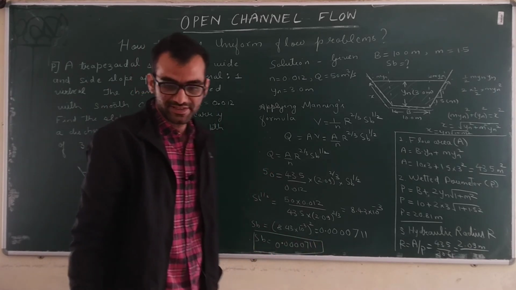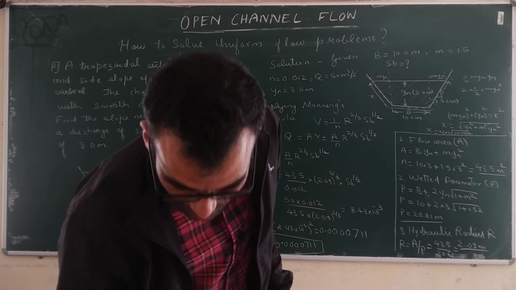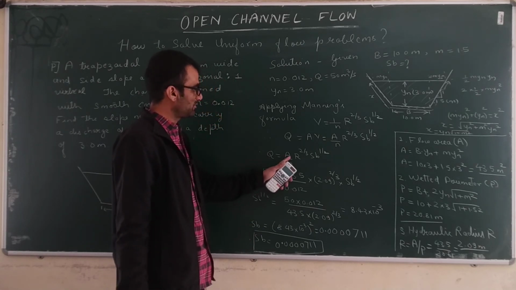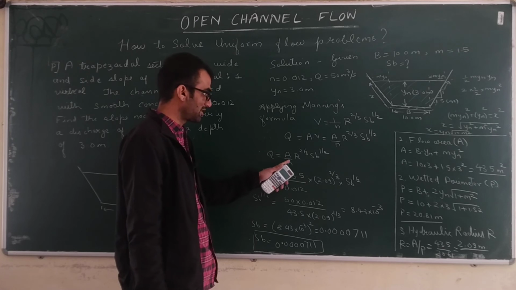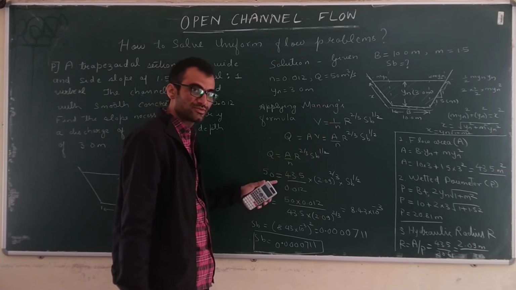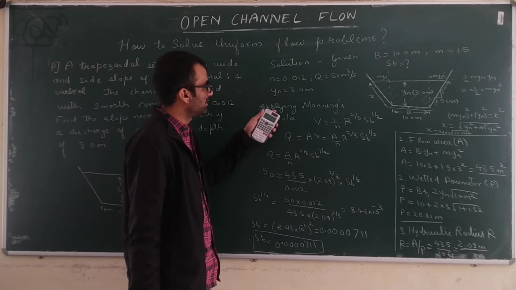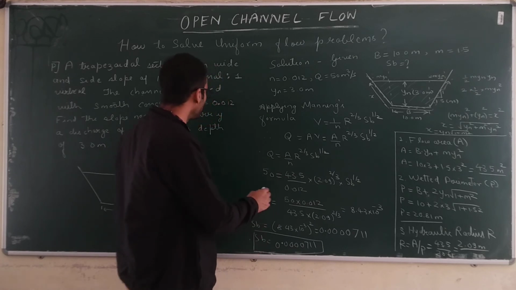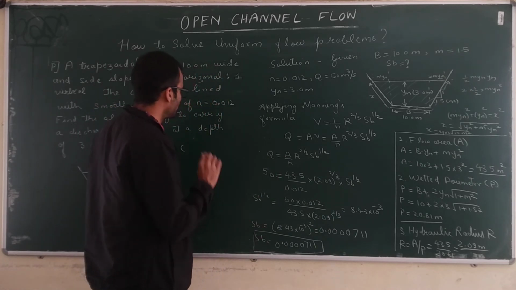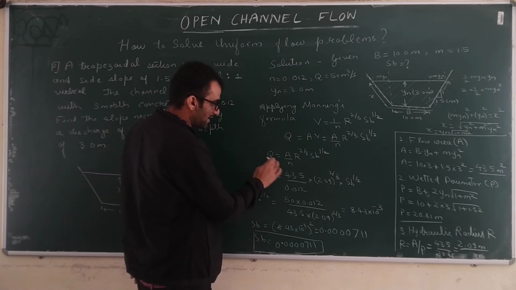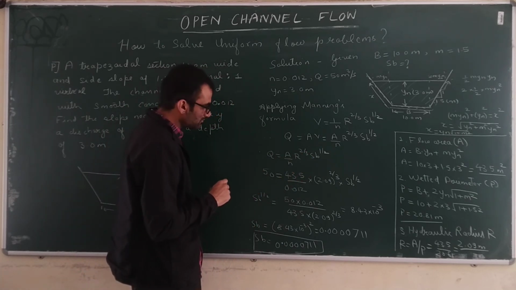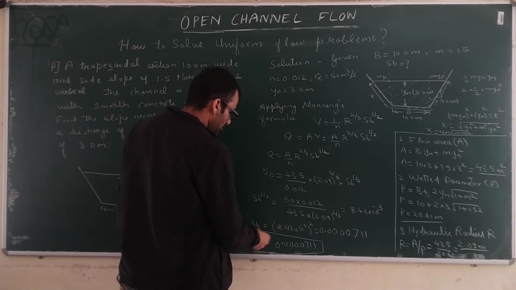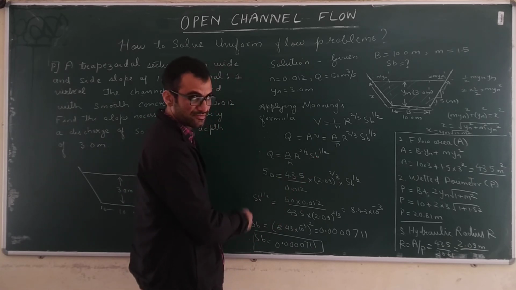Okay, I will check the answer. Okay, the answer is correct. So in this way we can simply calculate area, hydraulic radius, etc. from the given data and just put the values in this uniform flow formula. The uniform flow formula that we used was the Manning's formula. You can also use Chezy's formula if we get a Chezy's constant. So you can directly calculate SB also. In the last lecture we calculated discharge because it is a straightforward equation. So in this way you can find out bed slope if other data is given.